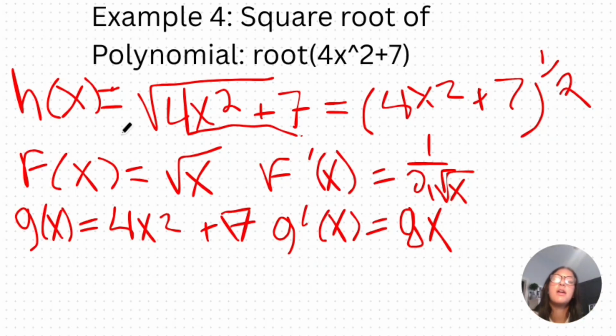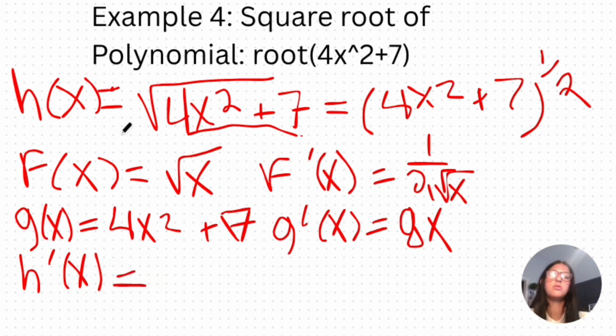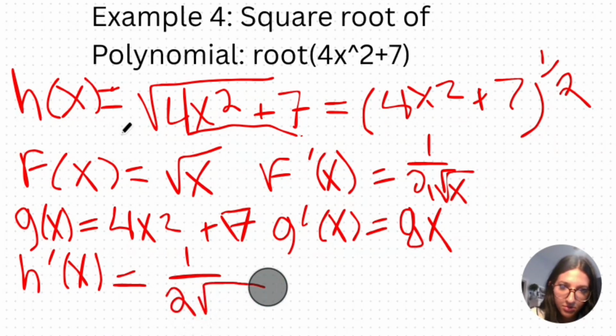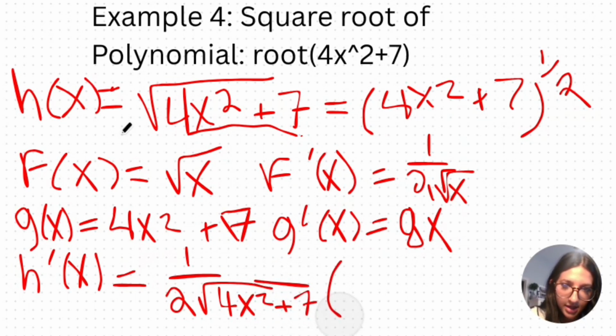So now if we're to derive the entire thing, we have h prime of x is equal to 1 over 2 root 4x squared plus 7 times